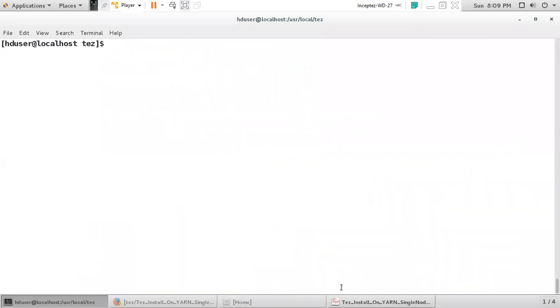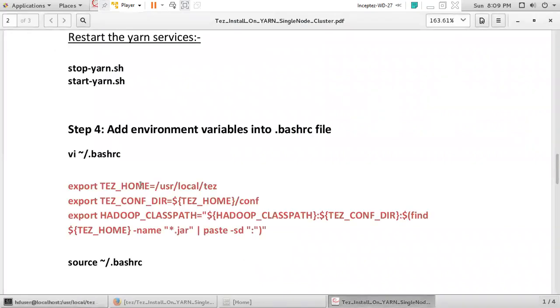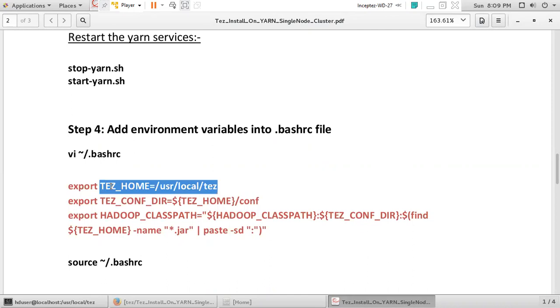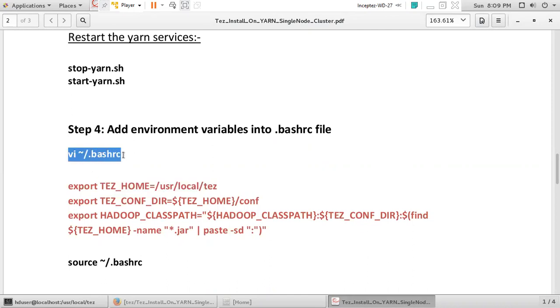Now the final step. It is not a configuration, we are just setting the environment variable. We can also run it one time, but then for this session it is available only until that session is open. If you want to add this environment variable permanently, we can update it in the bashrc file.